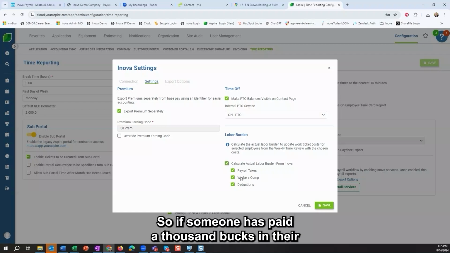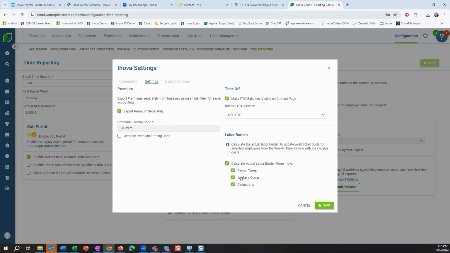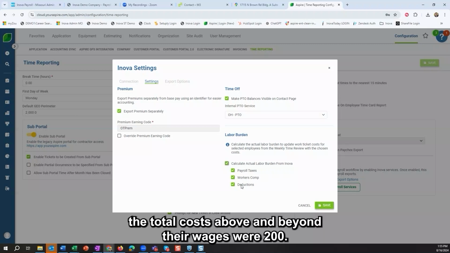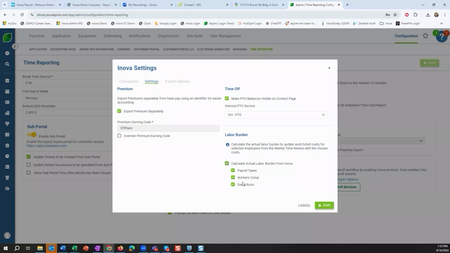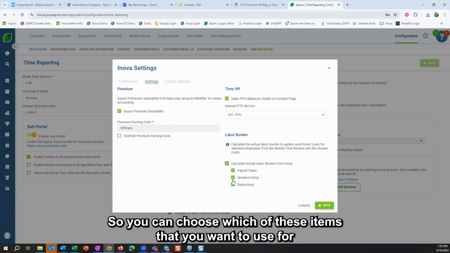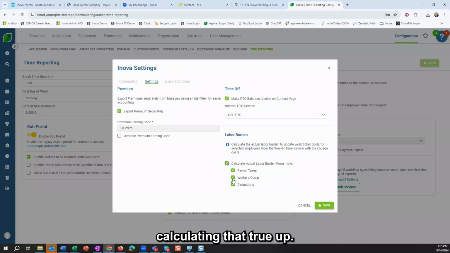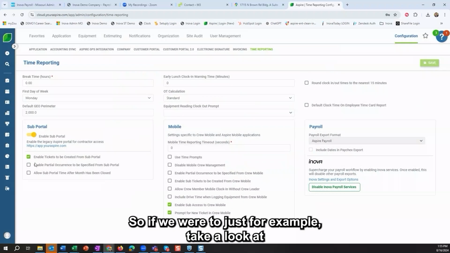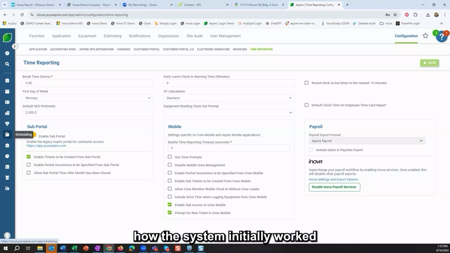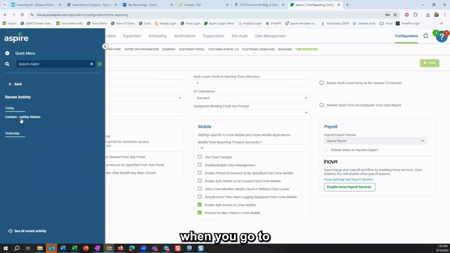So if someone was paid $1,000 and the total costs above and beyond their wages were 200, that's a burden of 20%, right? So the total cost is $1,200. So you can choose which of these items you want to use for calculating that true up for your company. So if we were to just, for example, take a look at how the system initially,